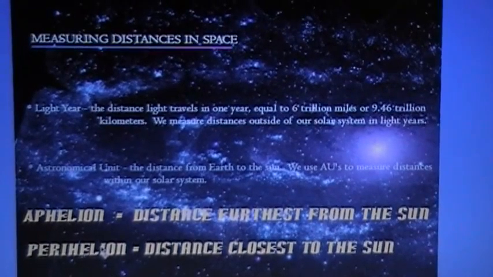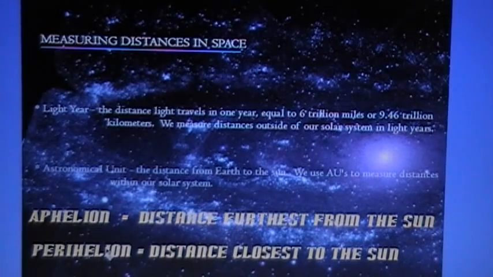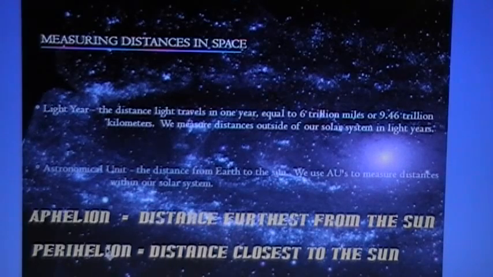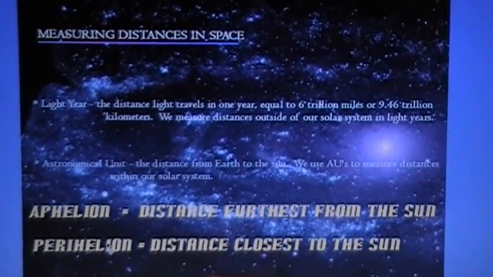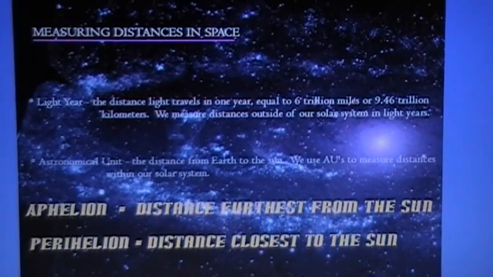Now we talk about aphelion and perihelion. In our orbit around the sun, we have an aphelion, which is the distance farthest from the sun, and a perihelion, which is the distance closest to the sun. Actually, it's kind of confusing, because most people would say that our aphelion, our farthest spot from the sun, would obviously be winter because it's colder, and our perihelion would be the summer because it's closer. But in actuality,